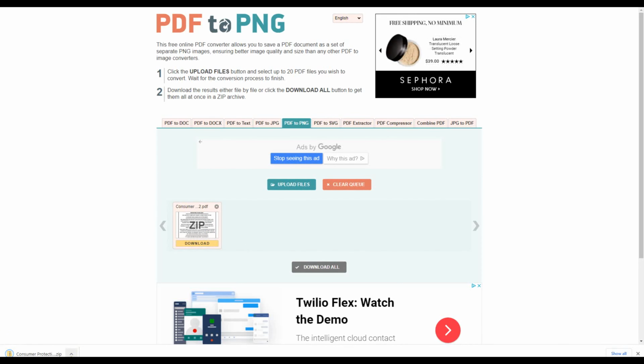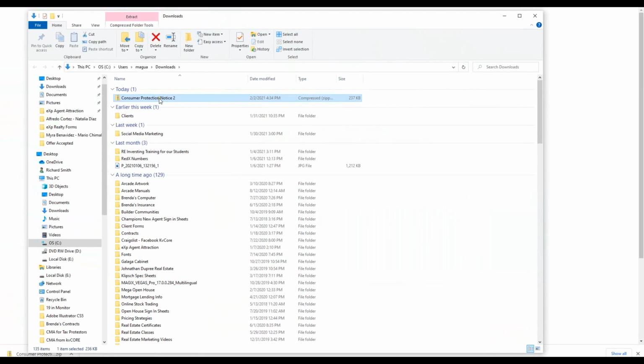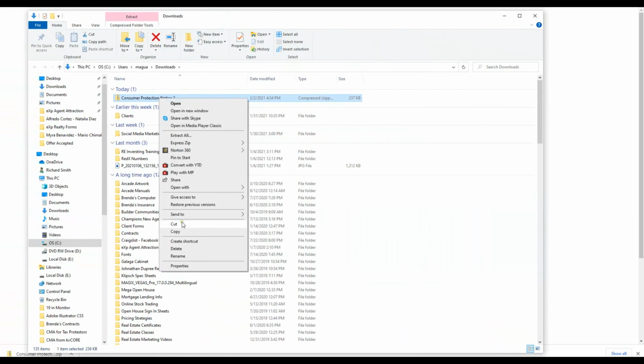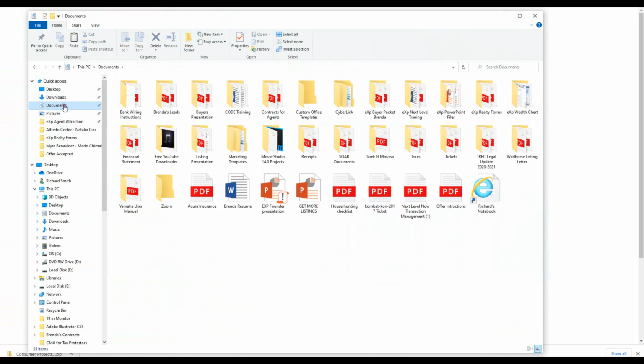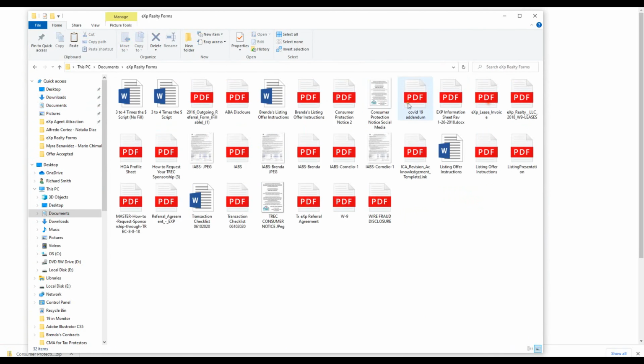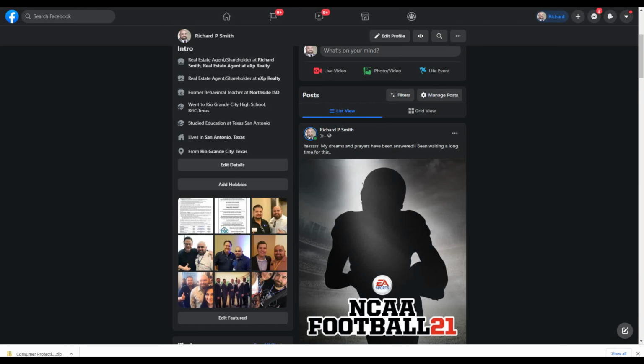Okay, here it is at the bottom. I'm going to click show in folder, and it's over here on my second monitor. So I'm going to go ahead and cut it, and I'm going to put it where my other files are, and paste it. Okay. Now I'm going to come back to